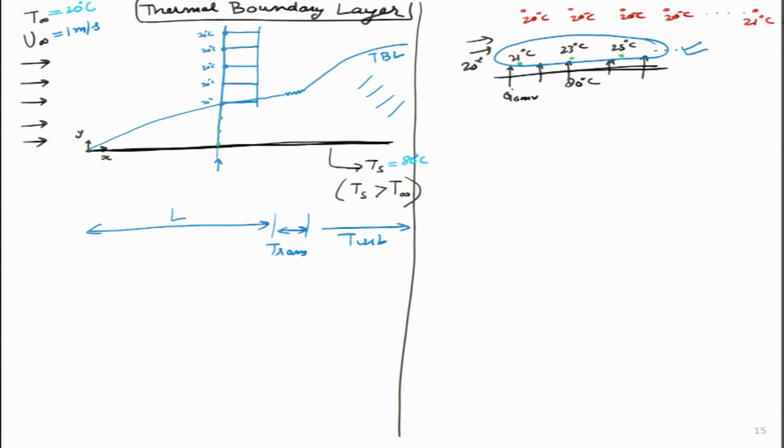Now what happens at the next green point? I am talking about this green point over here. If all these temperatures are 20 degrees and the bottom temperature is 80 degrees, my guess is this has to be higher than 20, maybe it is 25 degrees. So I will draw it over here. Maybe below that it should be even higher, maybe 35 or 40 or 55 degrees.